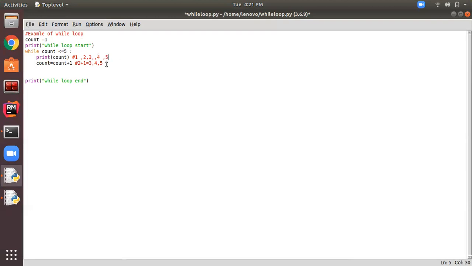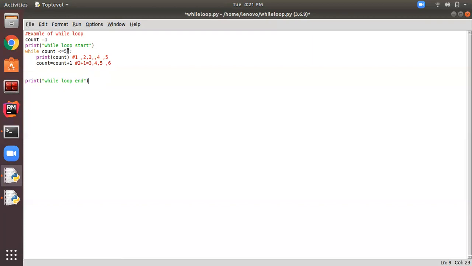In the next iteration, a new value is assigned to count, which is 6. 6 is not less than or equal to 5, so the two statements print count and count plus 1 won't be executed. It will come straight out to the statement print while loop end, and this message gets printed.